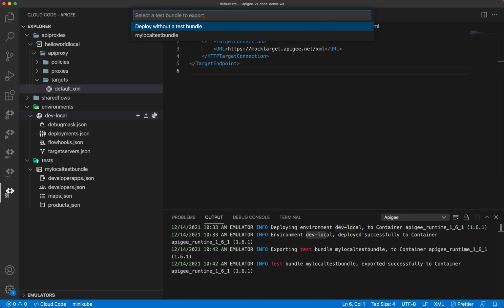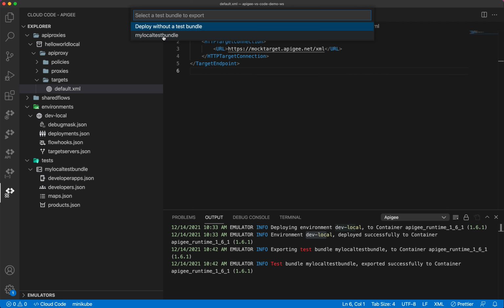I'm going to click here, and this time it's going to ask whether you want to deploy it with the test bundle or not. If you have made any changes to the apps or the developer, maybe you added a new developer, a new developer app, or a new product, then you have to select deploy with your local test bundle.